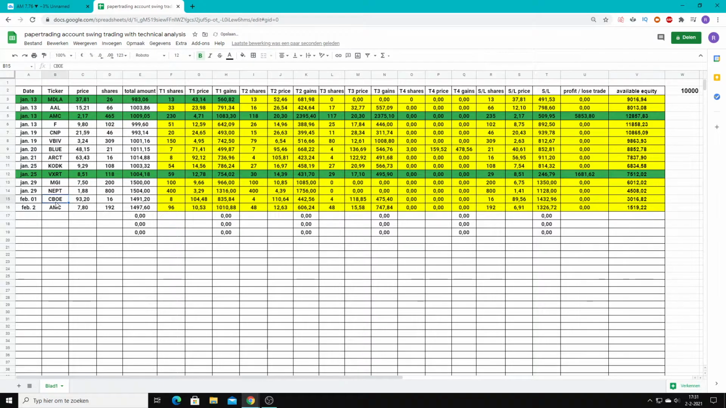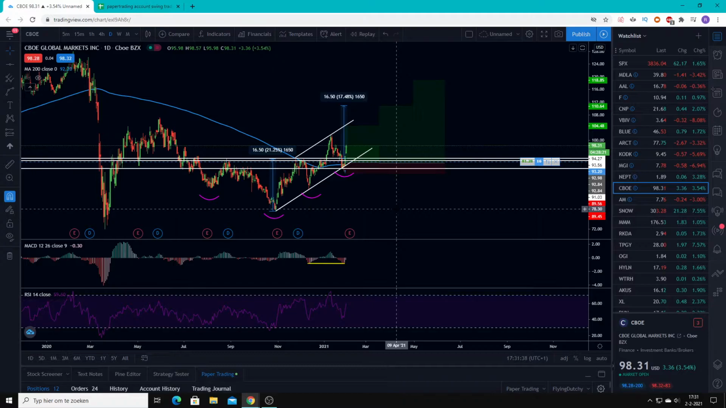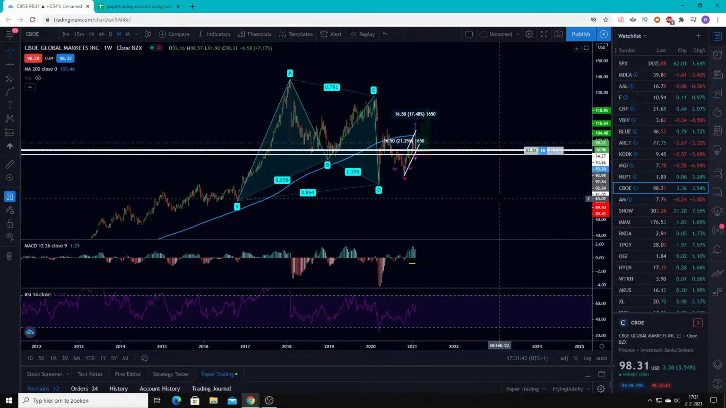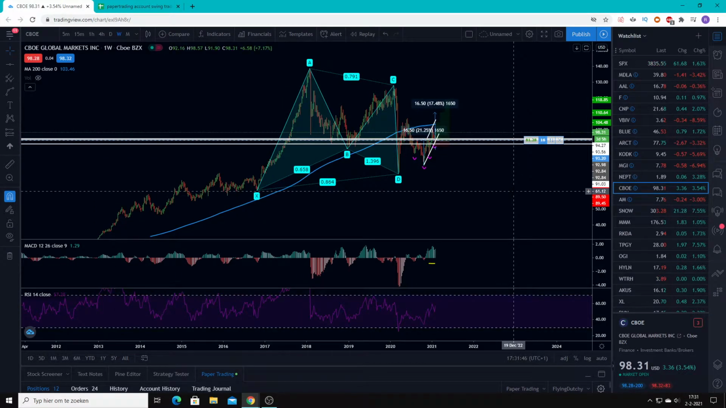So I also entered CBOE yesterday, so let's take a look at that one. That was this trade, and I was very happy about it, because on the weekly we had this... yeah, it's not a conventional pattern, I think. Because a Gartley goes to the 618, but a Gartley does not retrace to the 886 level. It went a bit too low, but